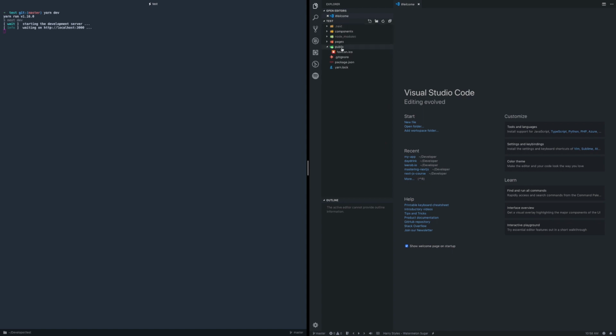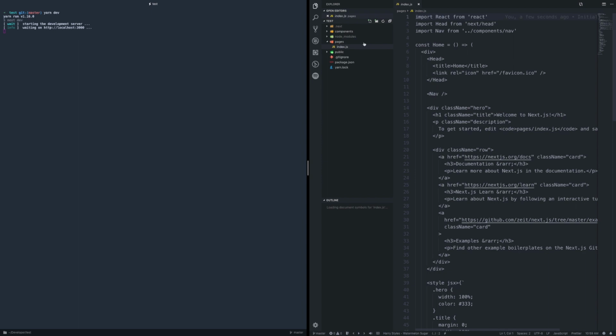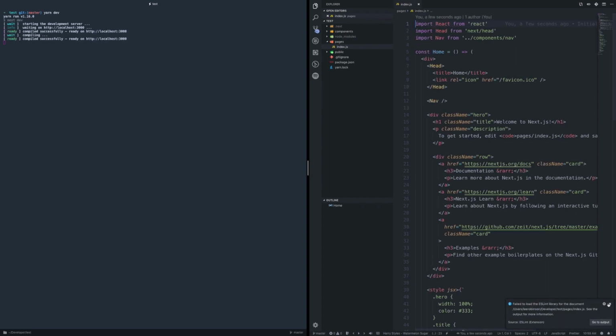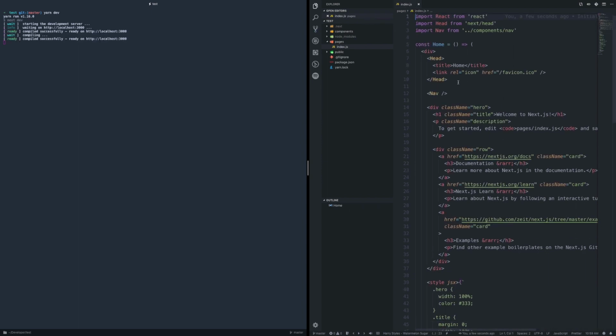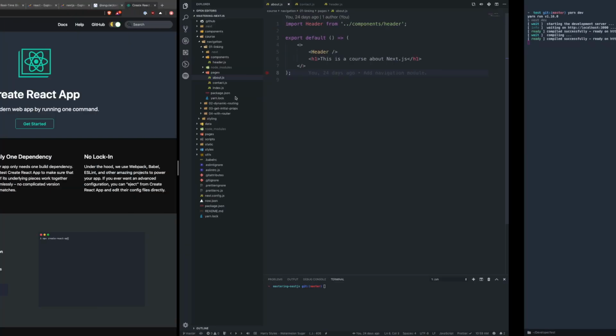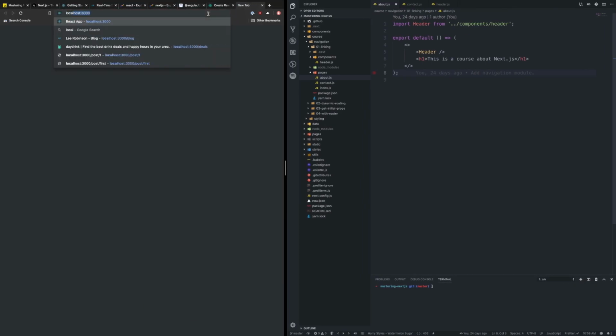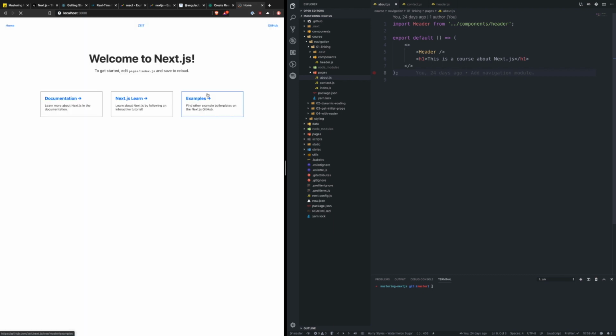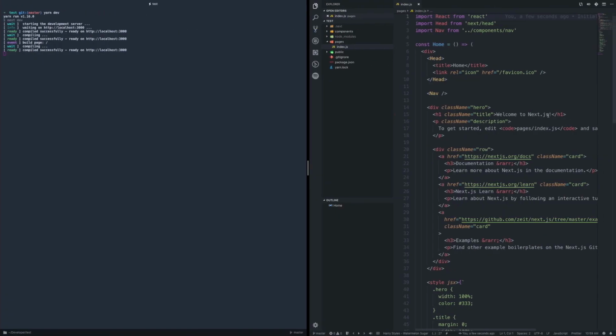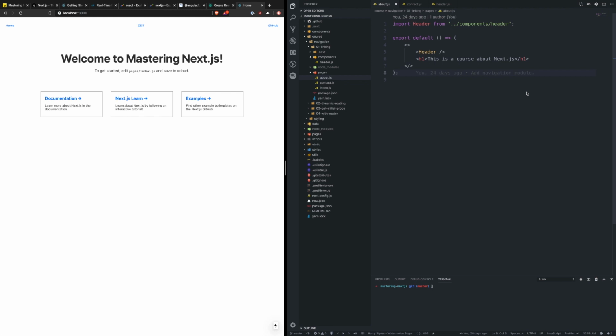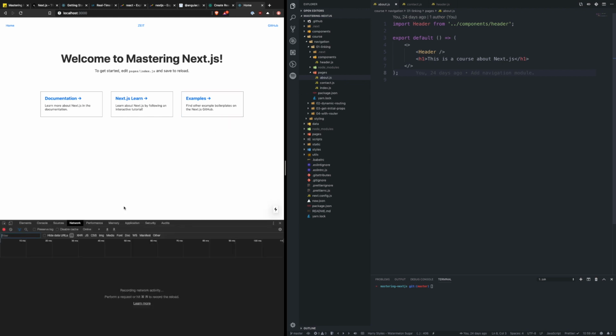And if we go over to pages index, this is the entry point into the application. If we go over to localhost 3000, here it is. Okay, so welcome to Next.js. If we edit pages index, you will see hot reloading work. So welcome to mastering Next.js. Boom. Okay, so if we look at the network tab,